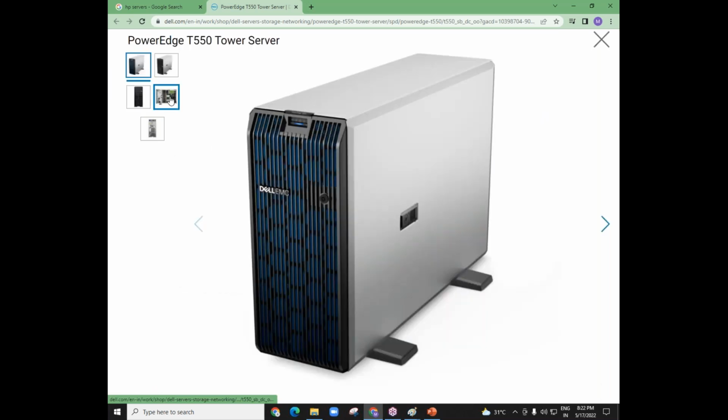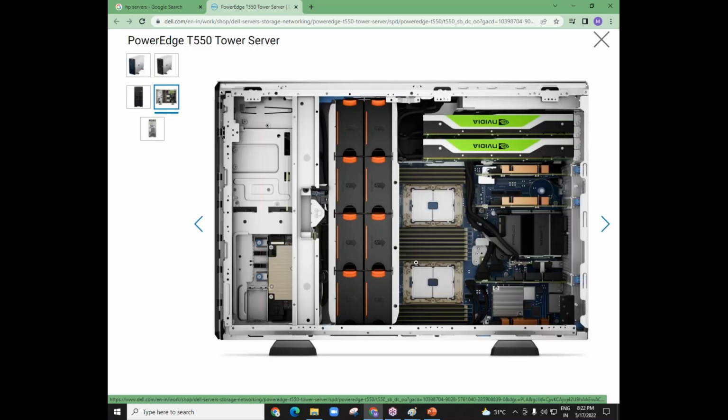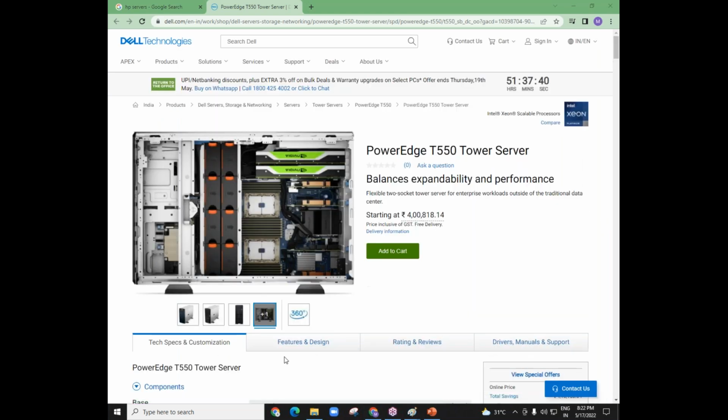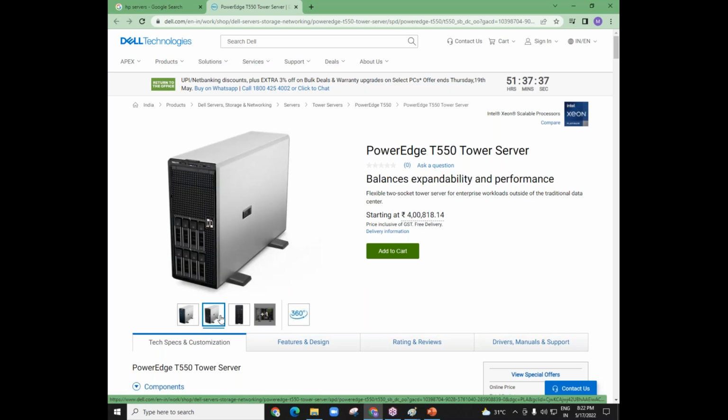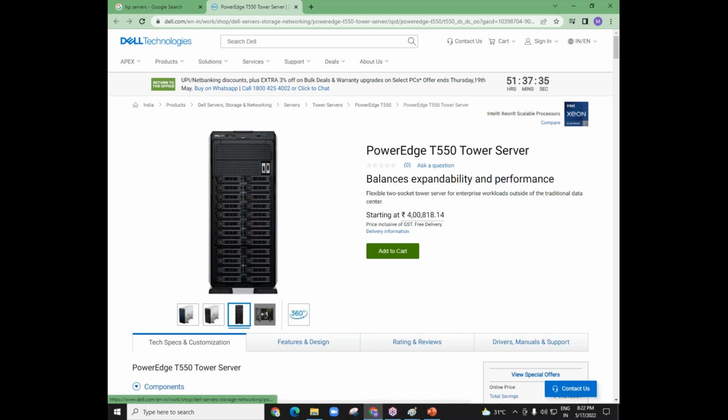Okay, let me just see inside. Yeah, this is from inside. Whatever. Now what I'm trying to show you here is this is a server which looks like your desktop machine, right? When you look at your desktop machine, it will look something like the CPU box. But see, this is not a desktop, my friend. This is a server. And see what it says, starting from, this is not 40,000. See there carefully, that is 4 lakh Indian rupees. That is some money, right? Means a company has to spend 4 lakh Indian rupees, 5 lakh Indian rupees, 10 lakh rupees, or maybe like 1 lakh rupee on a particular server.